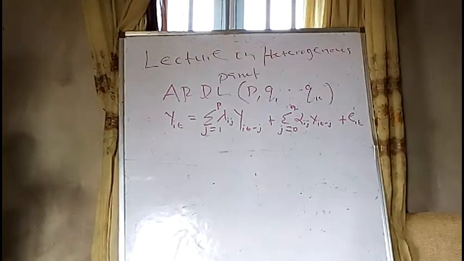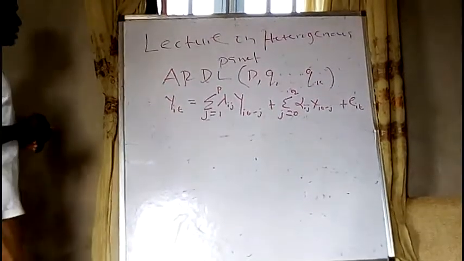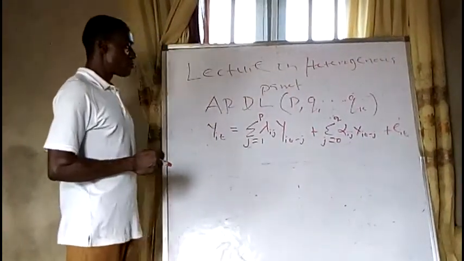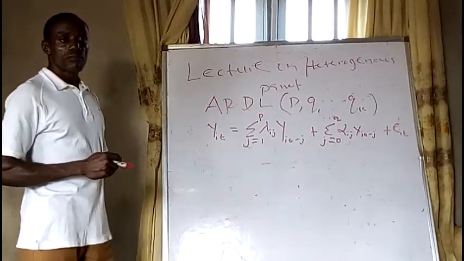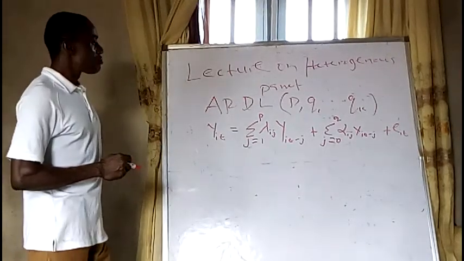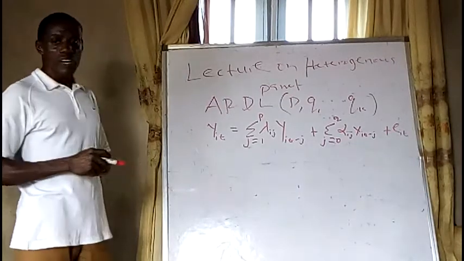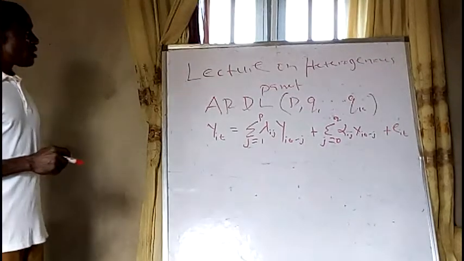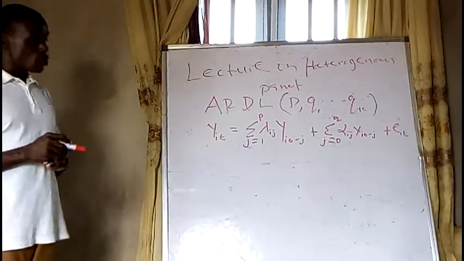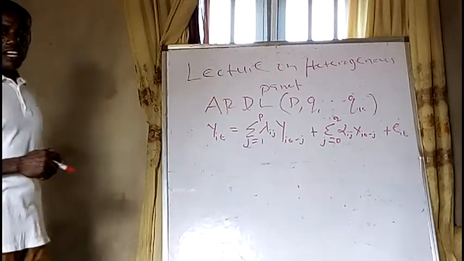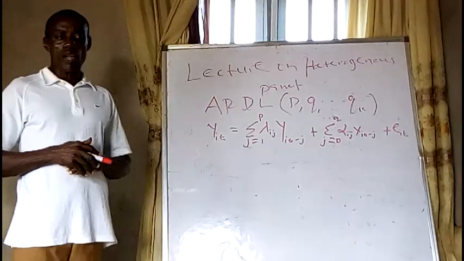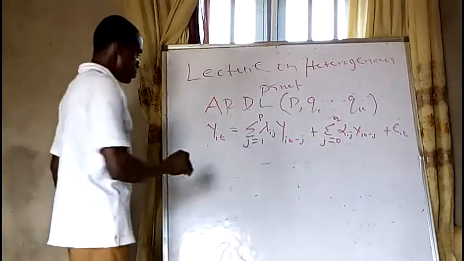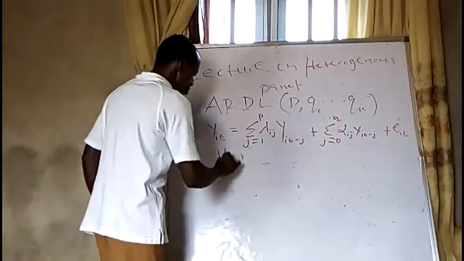Now, to estimate this model using pooled mean group or mean group or dynamic panel effect estimation techniques, there must be an underlying assumption that the variables are all I(1). So if the variables are I(1) variables,